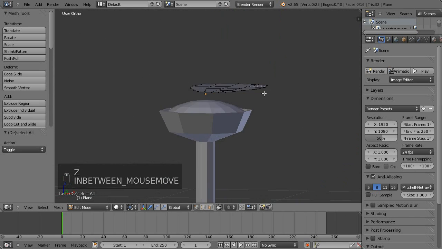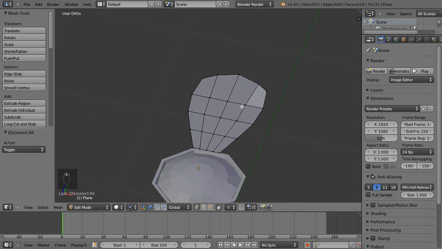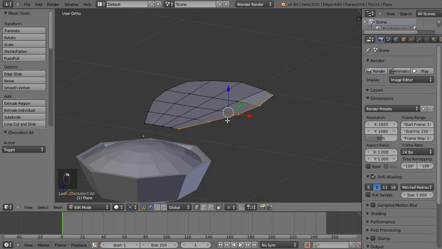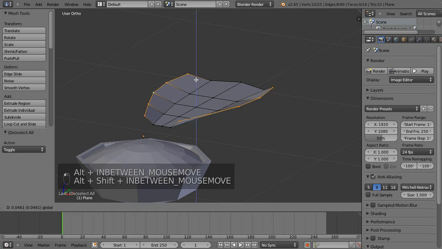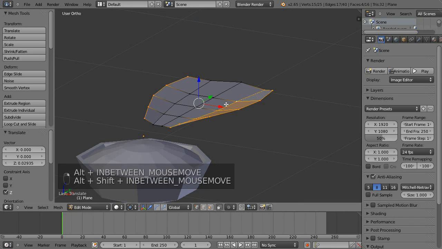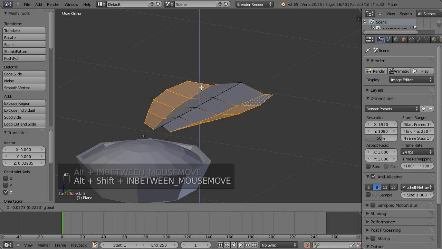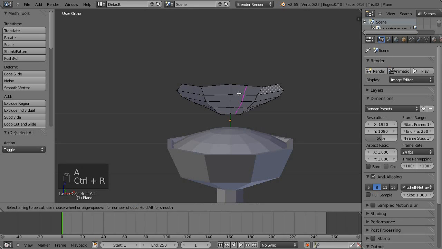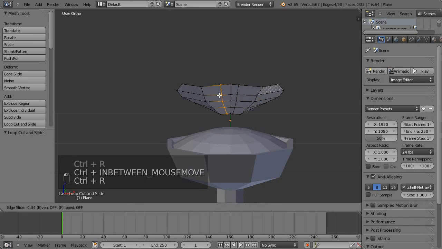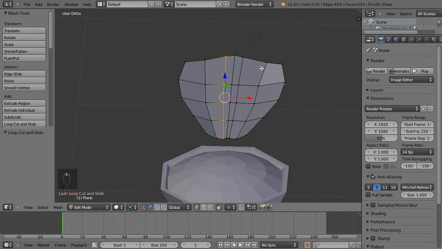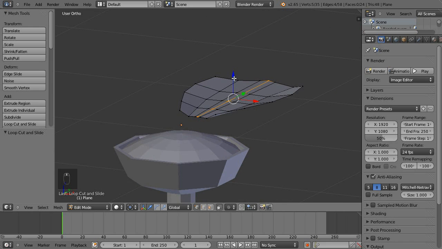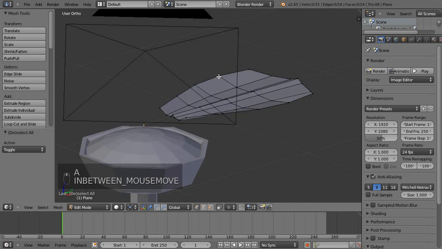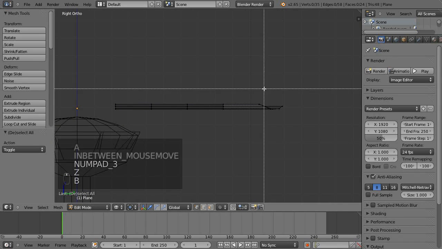And at the moment we've just got this flat thing going on, which is not how petals are. So I'll Alt right click on that edge there, and then Alt Shift right click and bring these sides up, then Alt Shift right click, Alt Shift right click, and I'm going to bring those down a little bit, just a bit of a ridge. And I'll Control R to bring in a couple more edges here, and after left clicking you can drag something in and then left click to confirm that. Then I'm going to bring up this one a little bit more just to create a bit more of a ridge, and then from the side